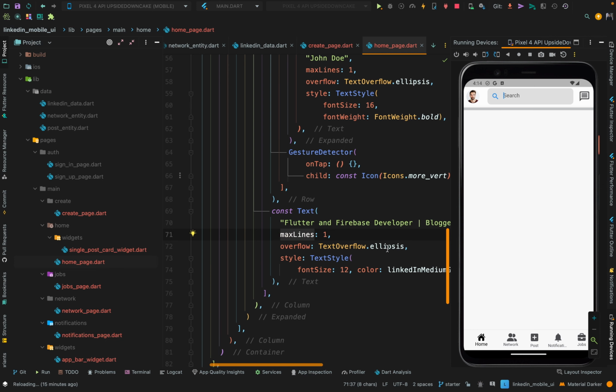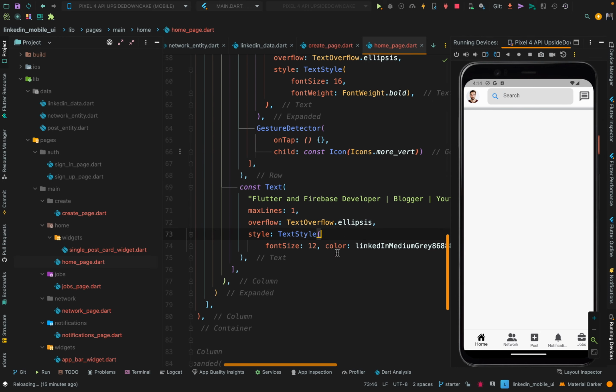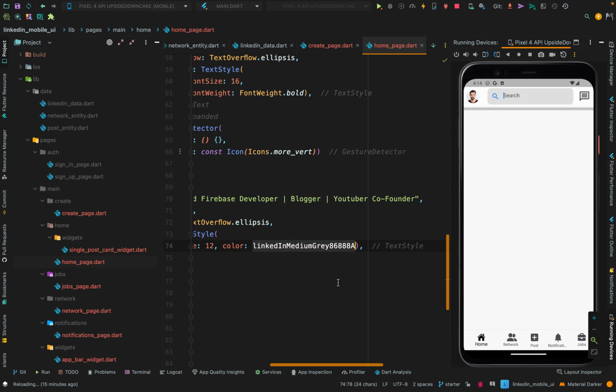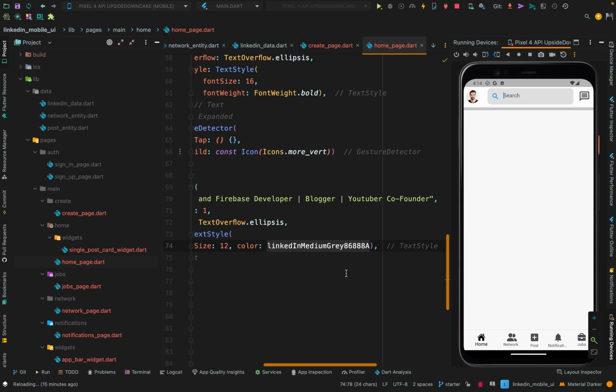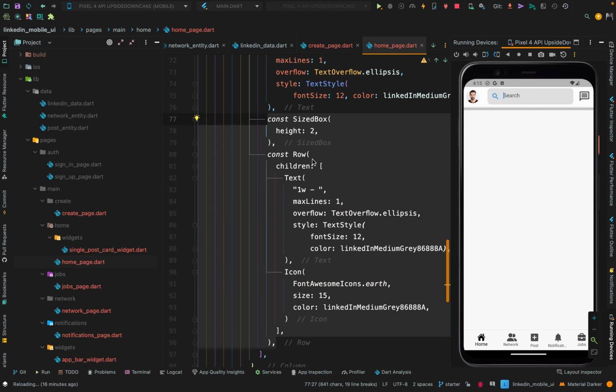Its max line is 1 and its overflow is ellipsis, which means that if it overflows the screen it will just become ellipsis, like some dots, when there is no space for the text. And the style is font size 12 and the color is LinkedIn medium gray color with that color code. Now right after this text we will do a little bit of vertical space and again a row for displaying